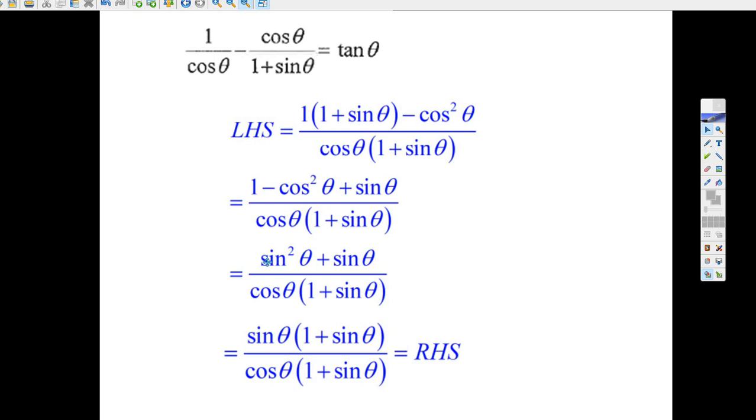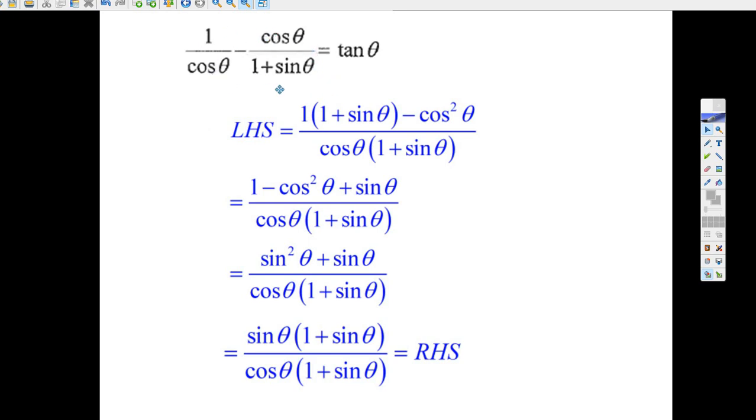Oh, what if I factor out sine theta? Sine theta times 1 gives me that sine theta. Sine theta times sine theta is sine squared. Now I'm looking at the answer. 1 plus sine theta cancels, and sine over cosine equals the right-hand side, tangent theta. So there you go. That was a little bit quick, but it sometimes gets a bit tricky,